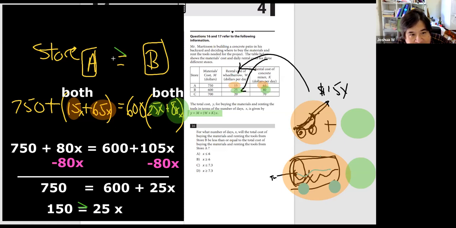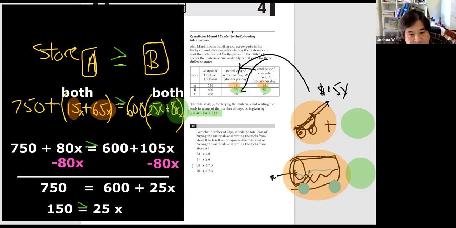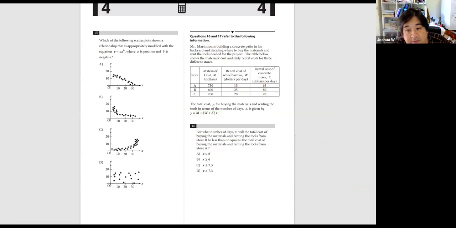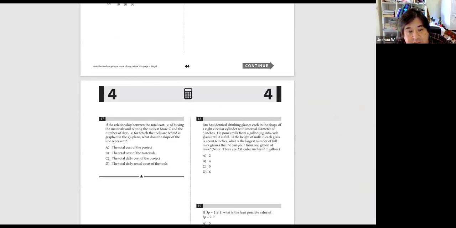Store B is less than or equal to A. So the arrow is pointing to the right in this, the way I set it up. So 6 is greater than or equal to X, or X is less than or equal to 6. So it's choice A. That's correct. All right, very good on a tricky problem. Question 17 says,